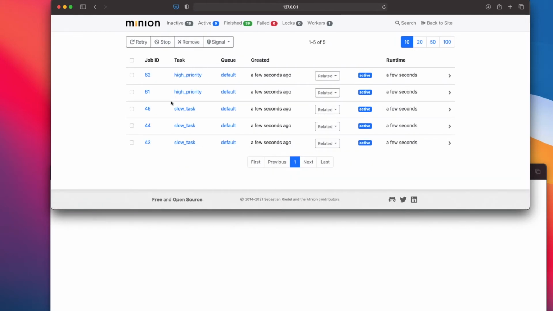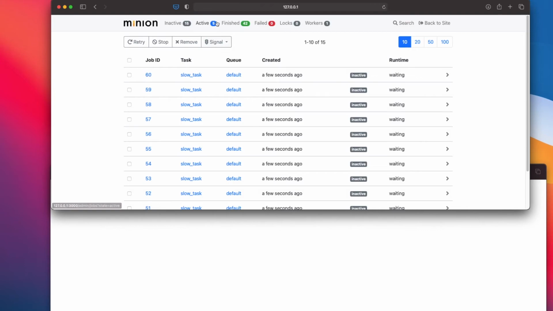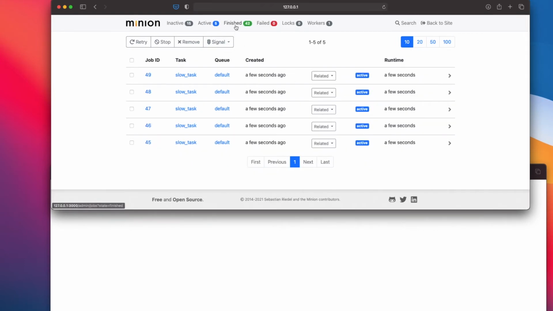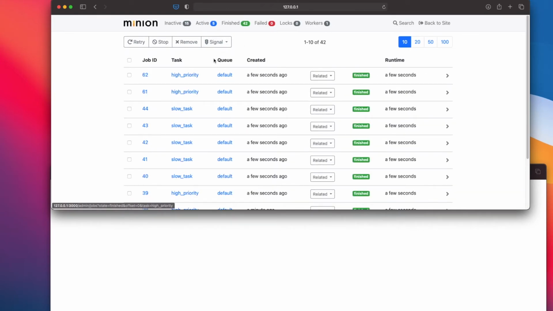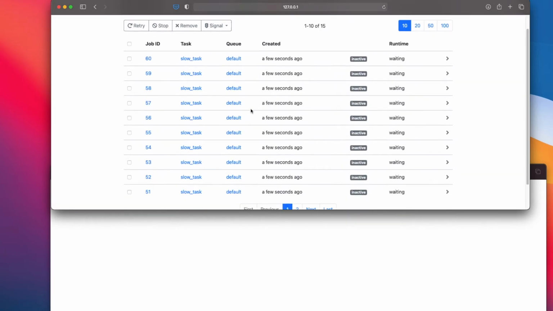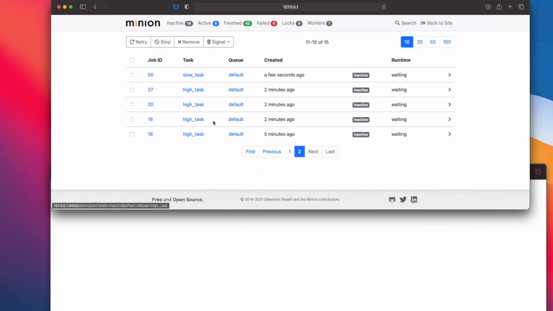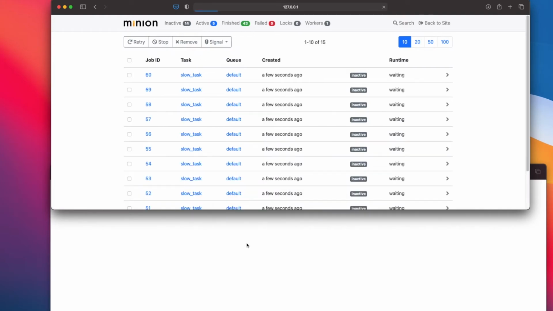It got already picked up, even though there are other slow tasks, and it finished as well because it says 5 seconds, I believe. So you can see there are no high priority tasks here because all of them got processed first. These are the old ones, for which the task definition does not exist. So there we have it. The high priority task is basically a high priority fast lane. Whichever task has higher priority gets processed the moment the worker becomes available.